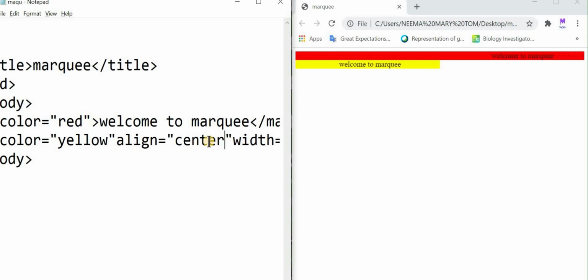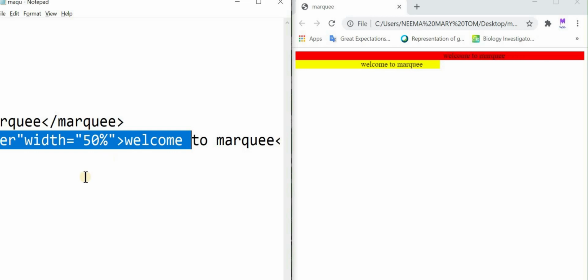Let's save the file and refresh the web browser. You can't see any change. Look here, there is no change in the alignment. So the align attribute is not a part of the marquee tag. We can align this marquee by using some other method.